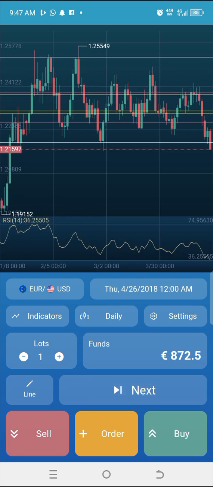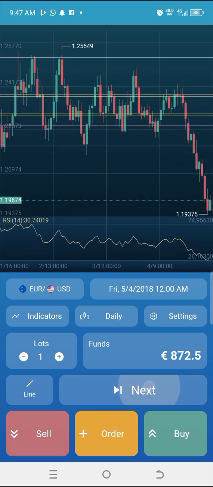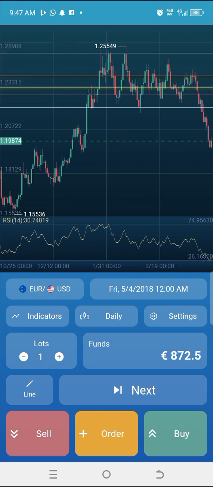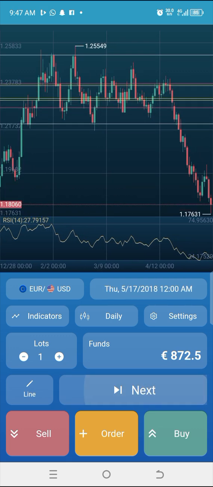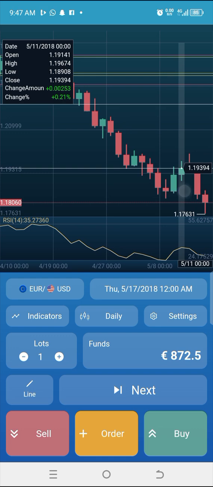So let's wait. Okay, it looks like it's going to go down. So when it goes down, I'm looking for another break. It's just moving down, but it's not validating the move down, right? Okay, it has now validated the move down because it formed another low, went slightly higher and broke that low. So it's validating a move